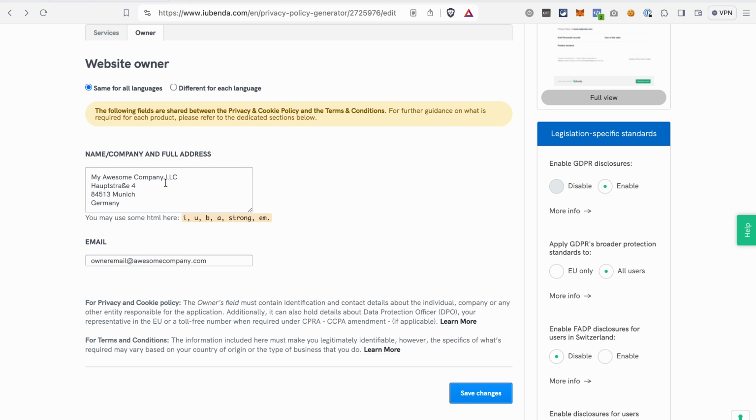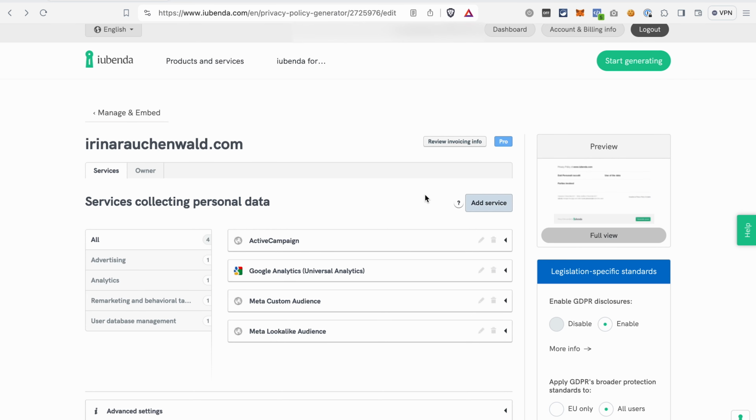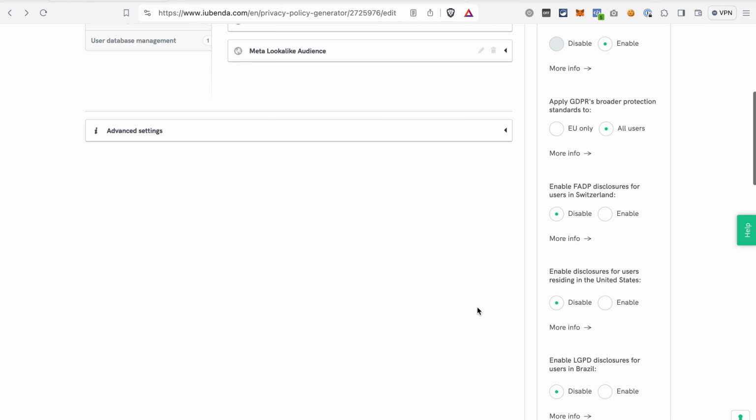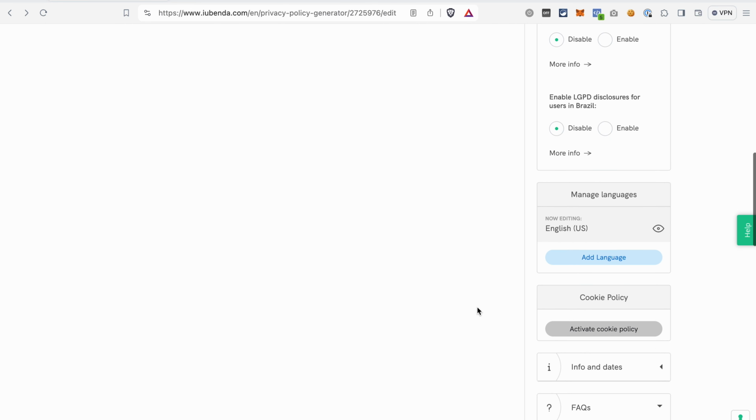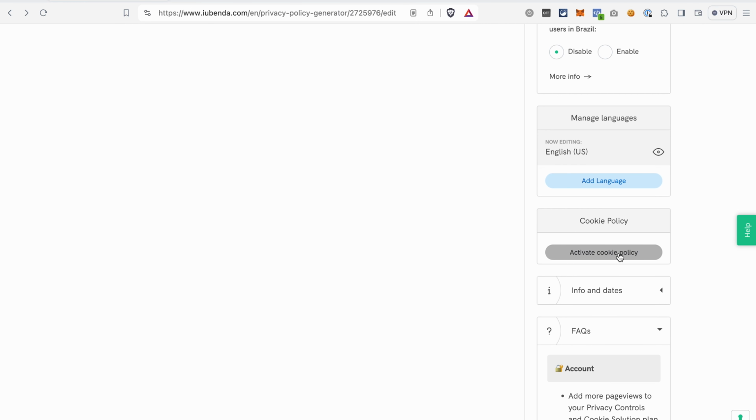I write something here as an example, but you of course need to provide your real contact information. After that, click Save Changes. So now we added this information that is required for our privacy policy and cookie policy. And what you need to do next is to scroll a bit, go to this section, Activate Cookie Policy, and